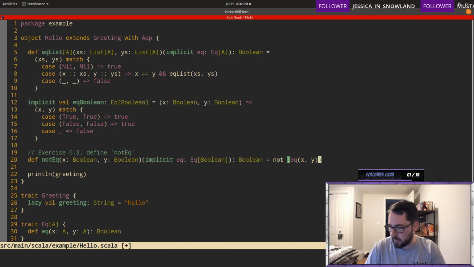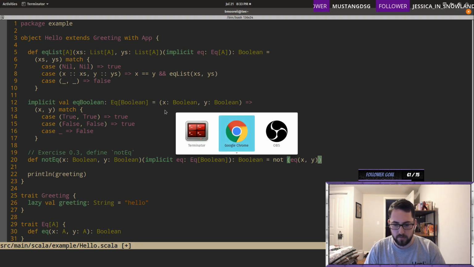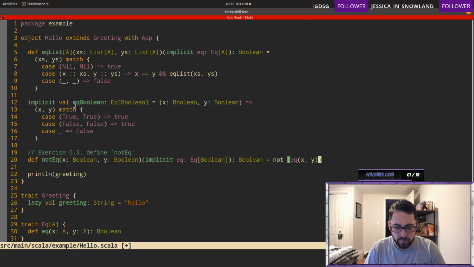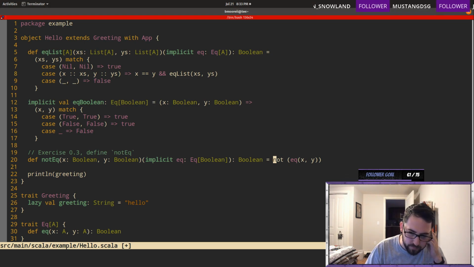I don't even know how to write this code anymore. We'll put it in parentheses. Well, I suppose this is not really the way they want us to write this, because we're just replacing this, but maybe that's right.